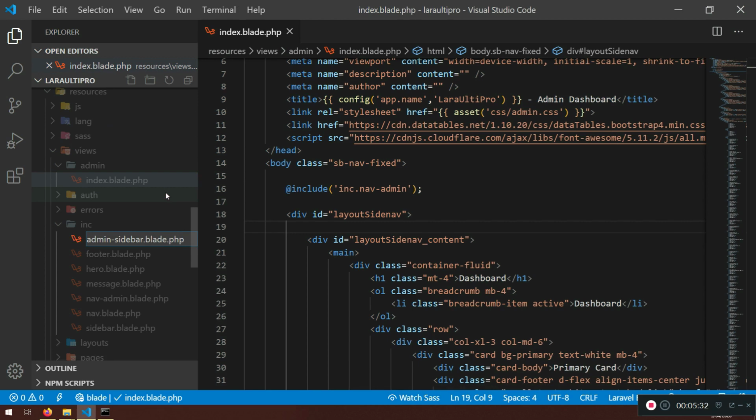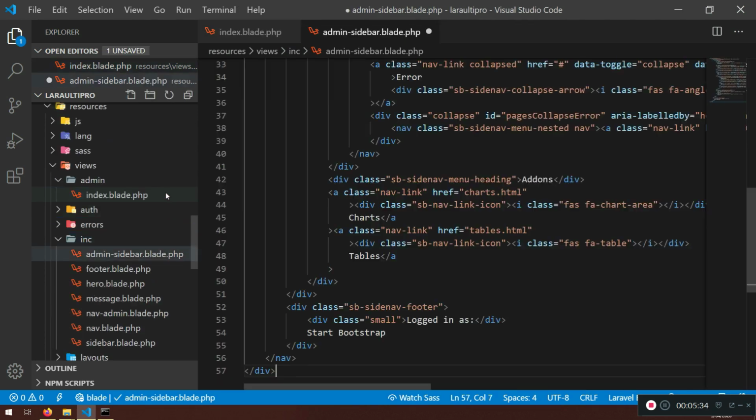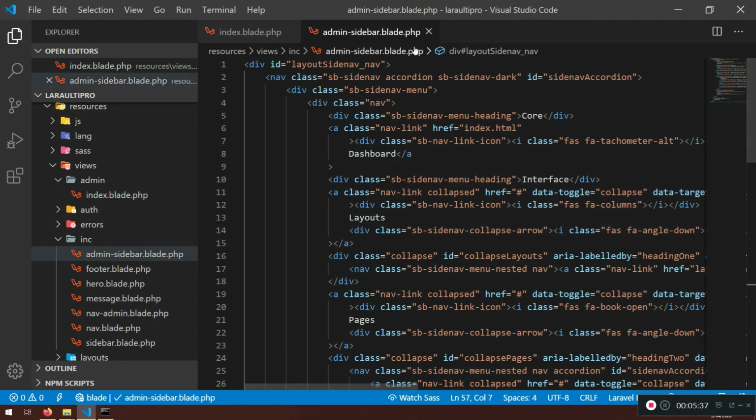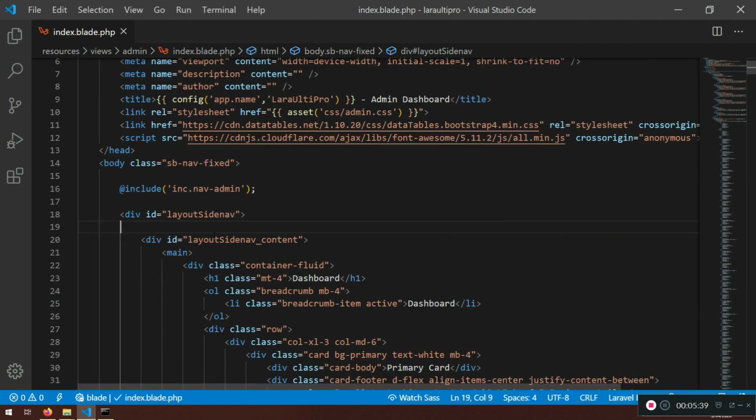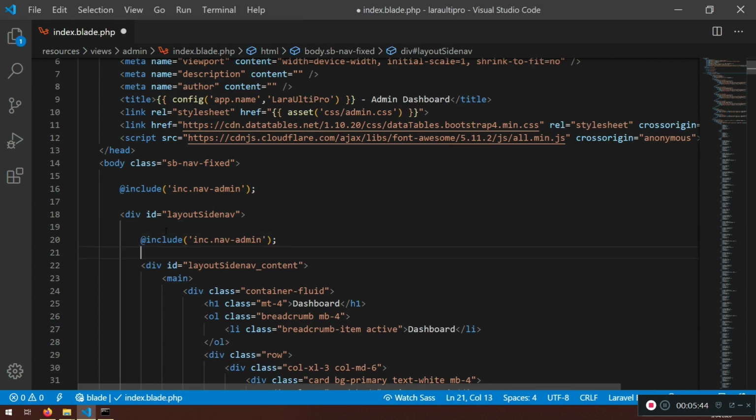blade.php. And I'm gonna paste what I've copied from there. Very good. But now I need to include it. I'm just gonna copy this guy here. I'm gonna include it and say,